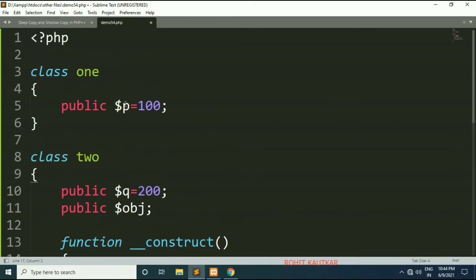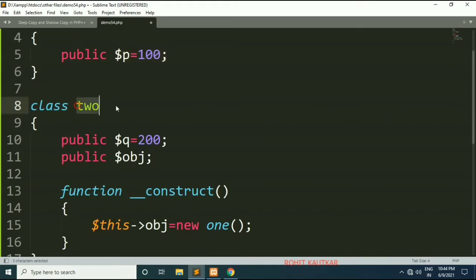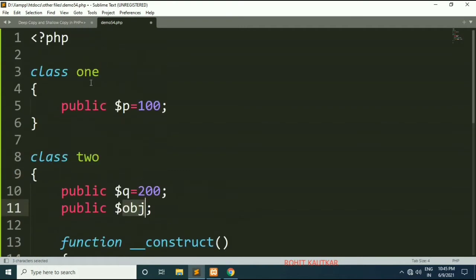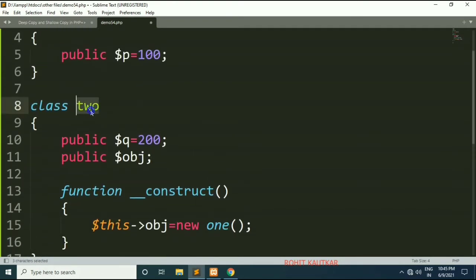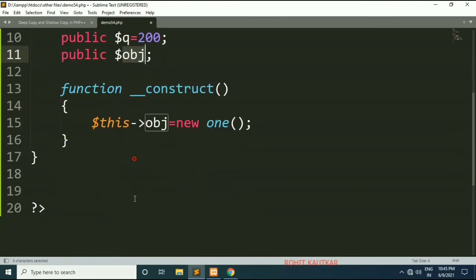So in class 1 there is one member variable p with value 100, and in class 2 there is member variable q with value 200, and there is one obj which is an instance of class 1. As soon as I create the object of class 2, this instance will also get created and it will be available as obj1.